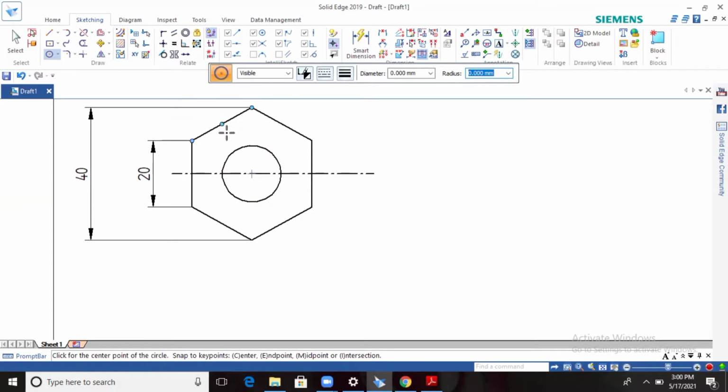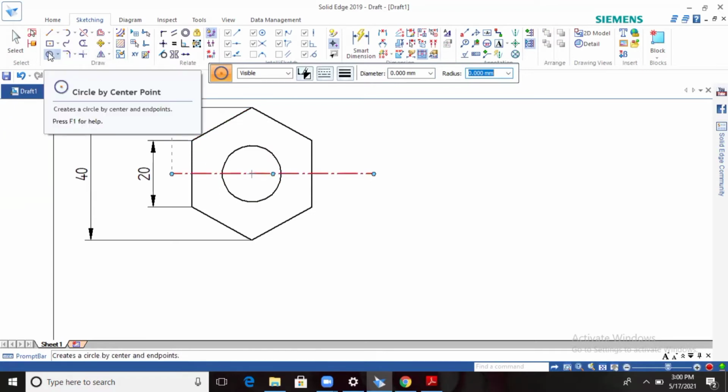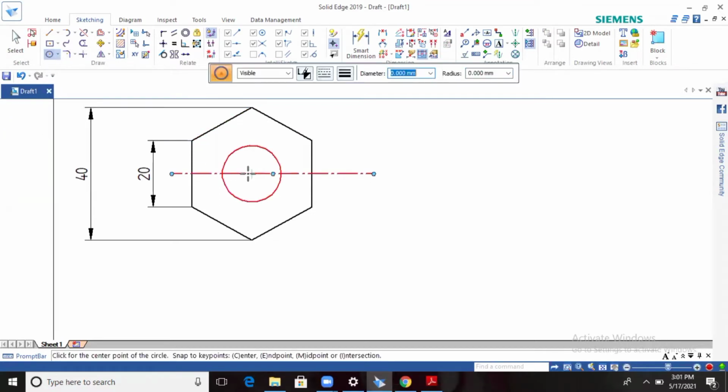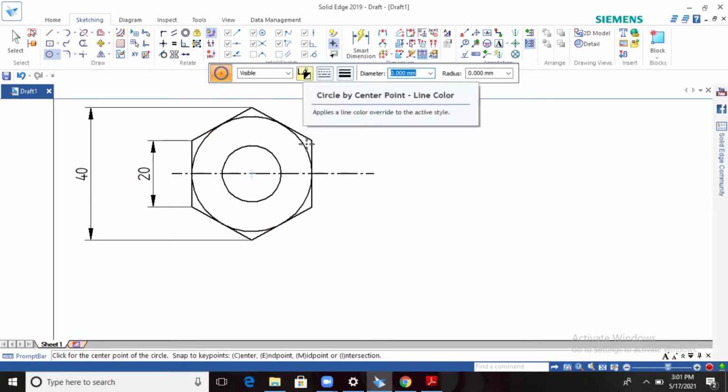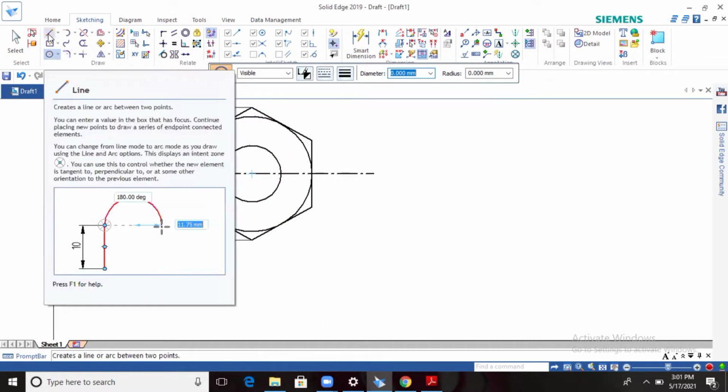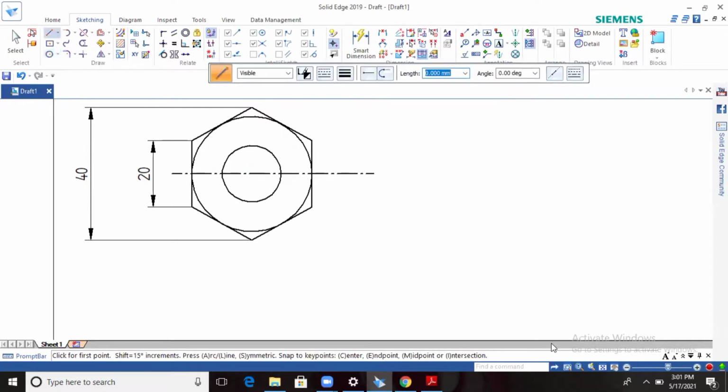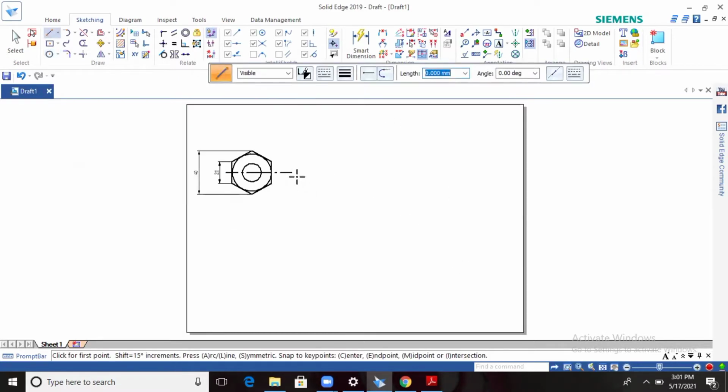Okay, and the chamfer, the major diameter, the chamfer diameter you have to draw. So from the center, draw up to the tangent line. Okay, this is the side view of the hexagonal bolt without washer. After placing the washer, we can draw the washer, right? So next take the line command. So you have to draw it on the fit page. Okay, I will draw the line.